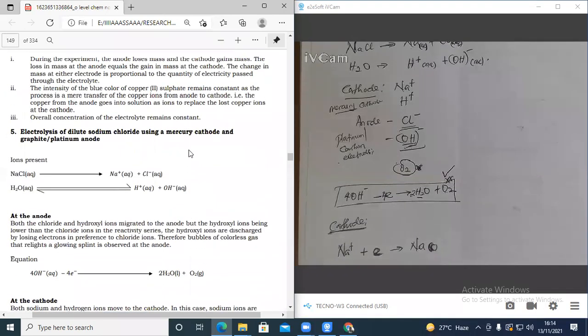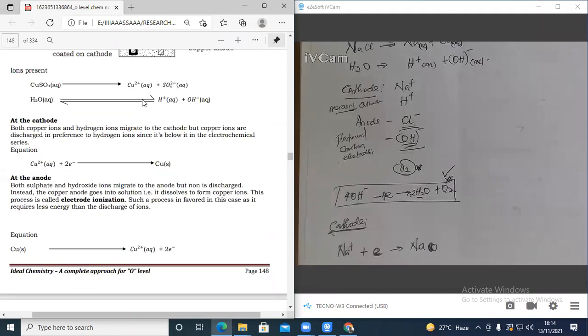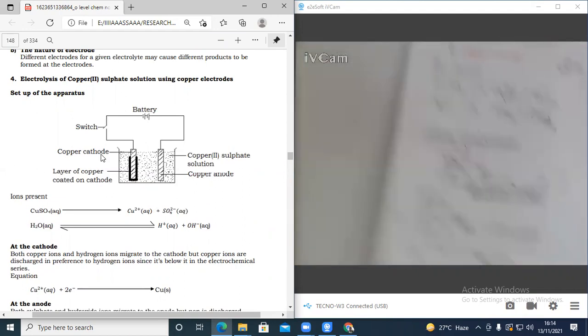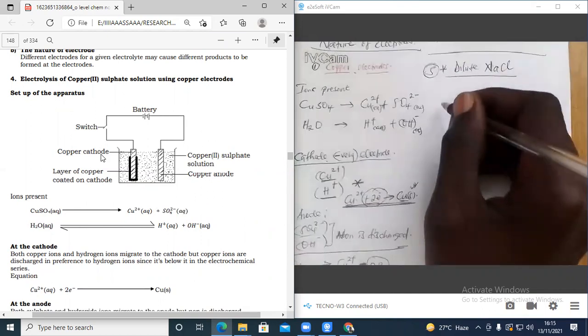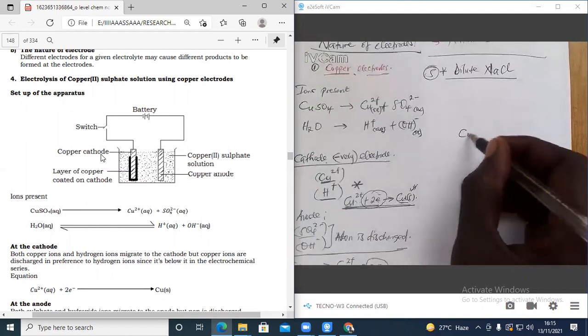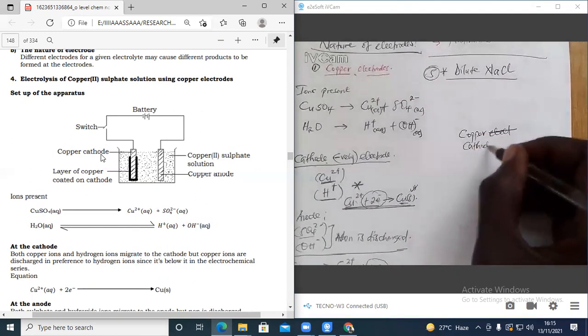So that is what we call the nature of the electrode. When you get electrolysis of sodium chloride using a mercury cathode, and the anode is having this one. Now the other one was between the copper electrodes at both sides. So if you use a copper cathode, actually if they change and they put now like the first one we did, and they say maybe electrolysis of copper II sulfate using a copper electrode, maybe copper cathode,